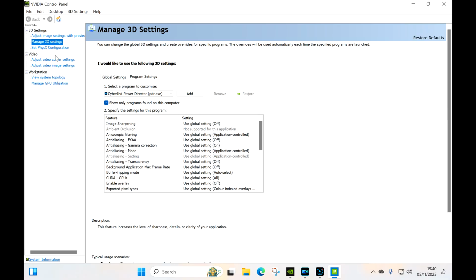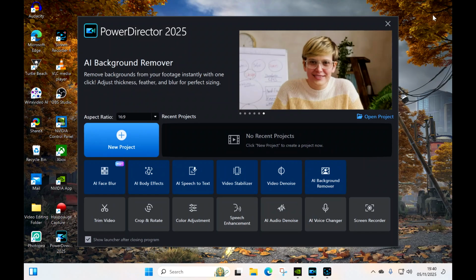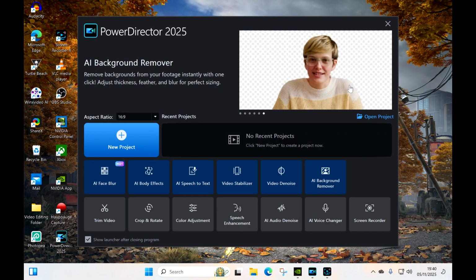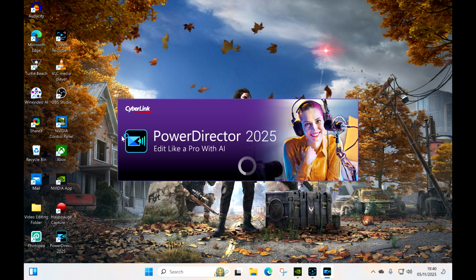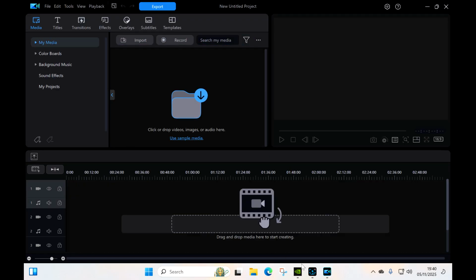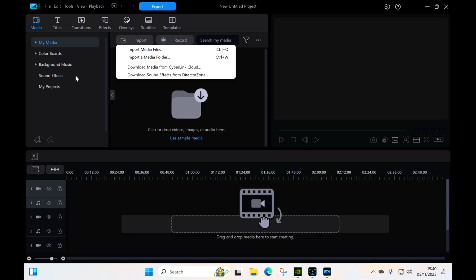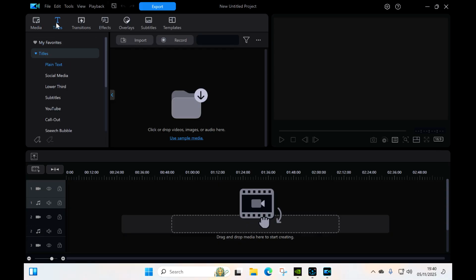Everything is smooth as anything, if I don't push too many transitions and other things, motion tracking and all that, into PowerDirector. So what I'll do, I'll just click on this. Don't worry, it is quicker, but I don't know what's going on. Maybe it's because I'm recording as well. You just import your files and stuff like that there, and you've got